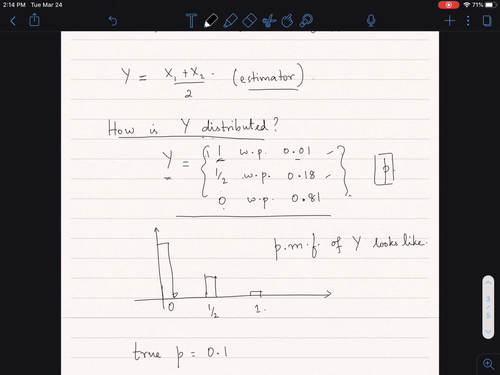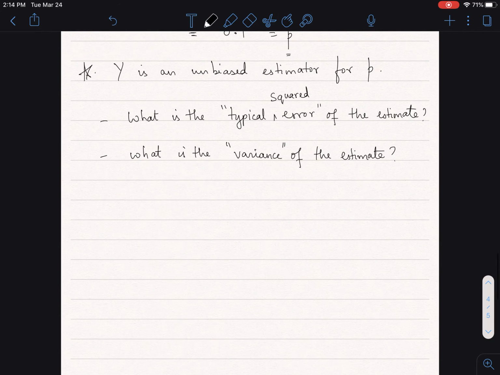So suppose I look at, let's call this quantity a and let's call this b. Now I'm talking about a. So I am interested in (Y minus p) whole squared. Y is a random variable, so (Y minus p) whole squared is also a random variable, and this value